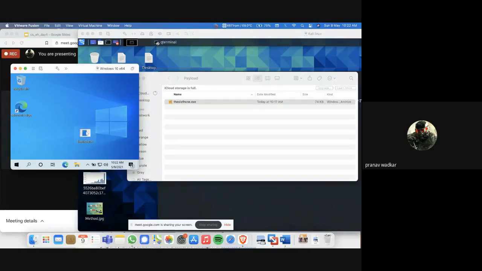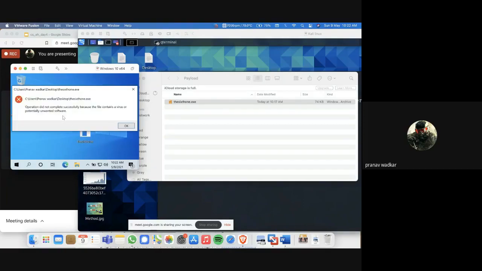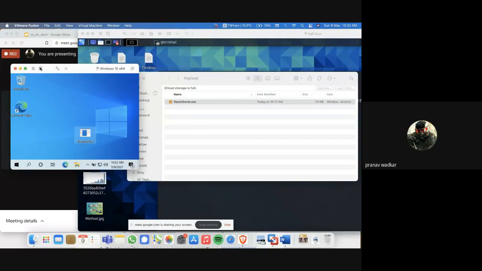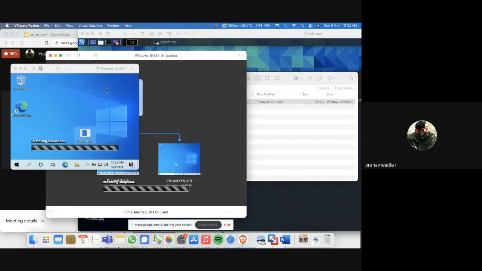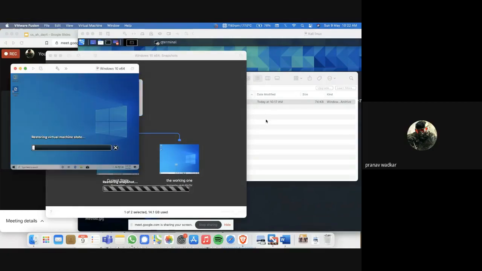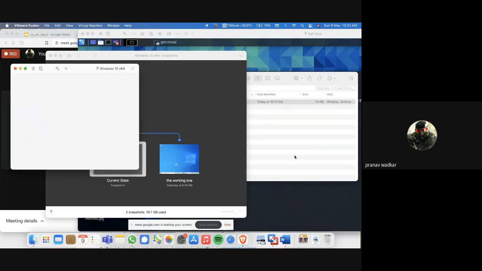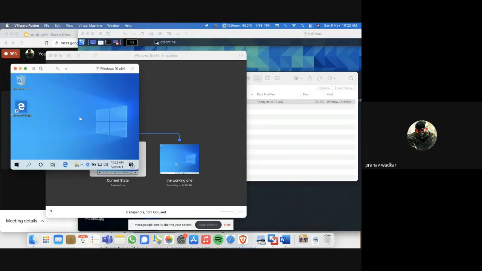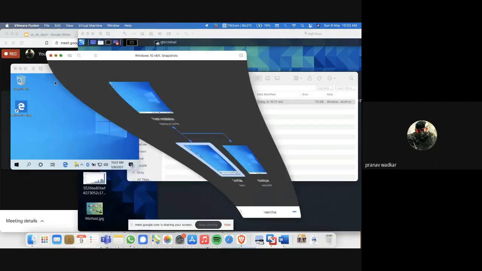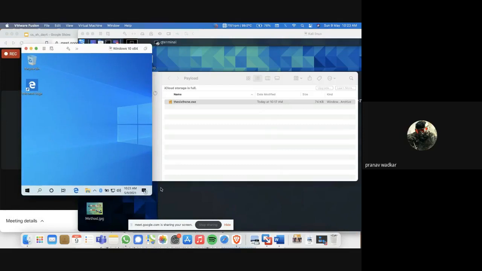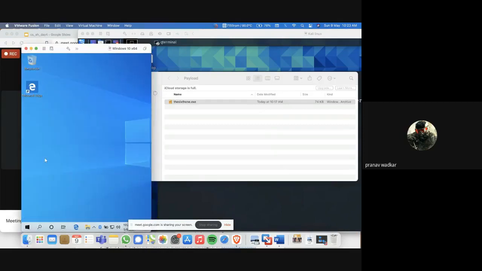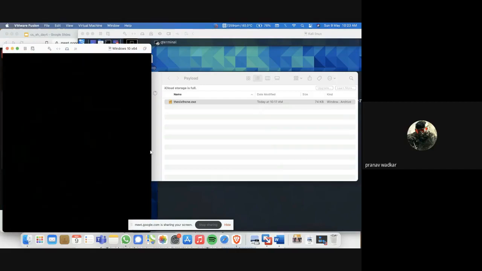So now I've got the payload file, and as I have said, Windows Defender is off now. So I have to revert back to the fresh installation, because I have demonstrated this whole operation one time before demonstrating to you. So basically Windows is recognizing the payload file. So I have to make this the first payload file delivered to the victim machine, so Windows would not recognize it, and it will be easy for us, right?